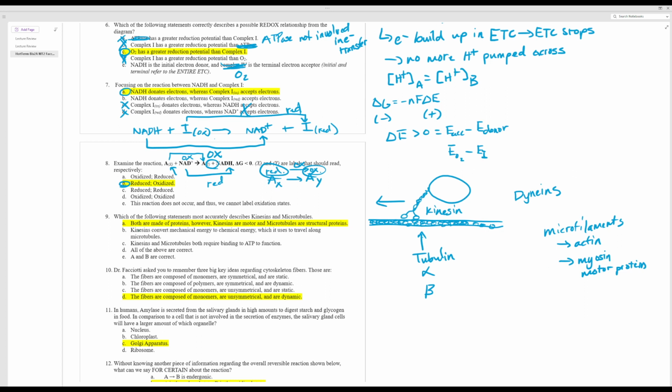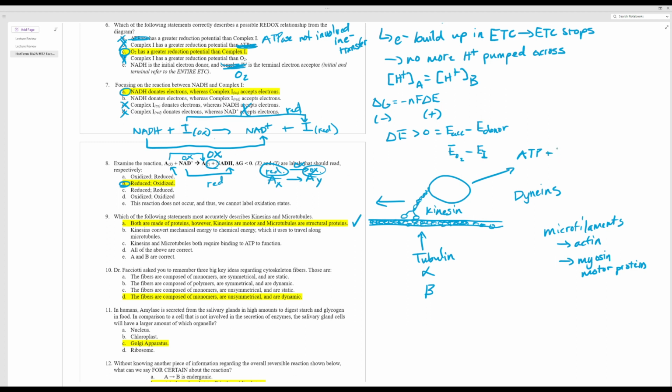Okay, so to answer this, both are made of proteins. However, kinesins are motor and microtubules are structural proteins. We know that's true. Kinesins convert mechanical energy to chemical energy, which it uses to travel along microtubules. Close, but it's the opposite. Remember, as kinesins travel, what they're doing is they're hydrolyzing ATP. So as kinesins travel, they're taking ATP